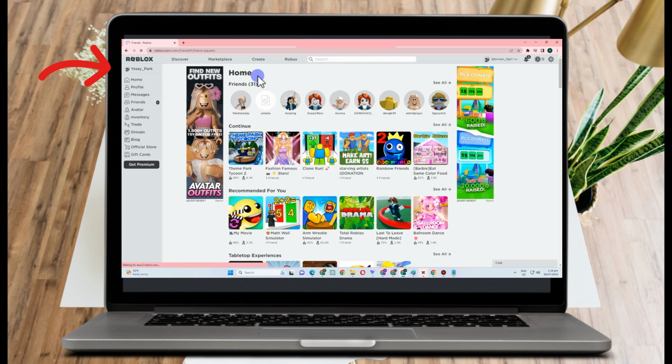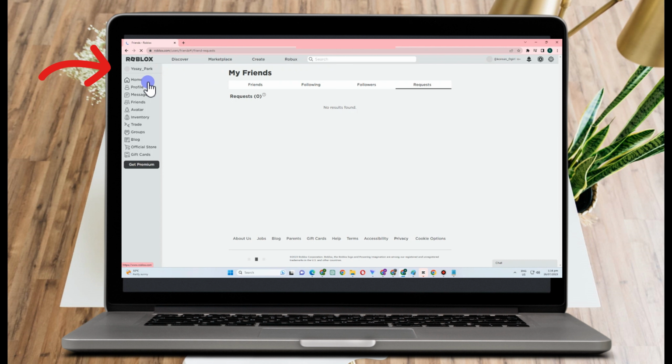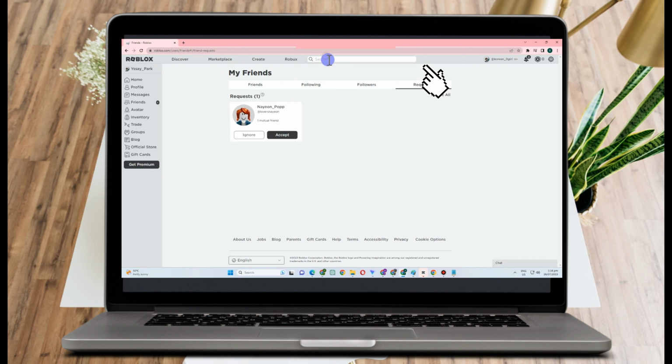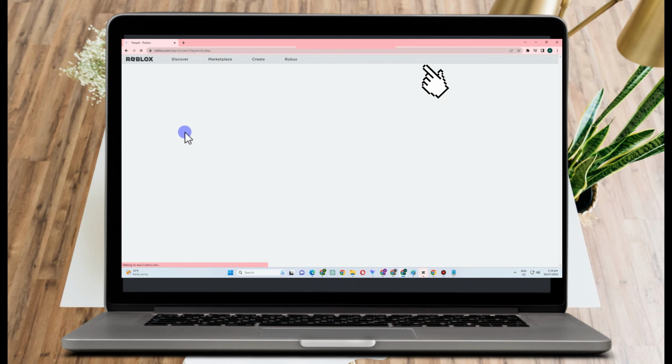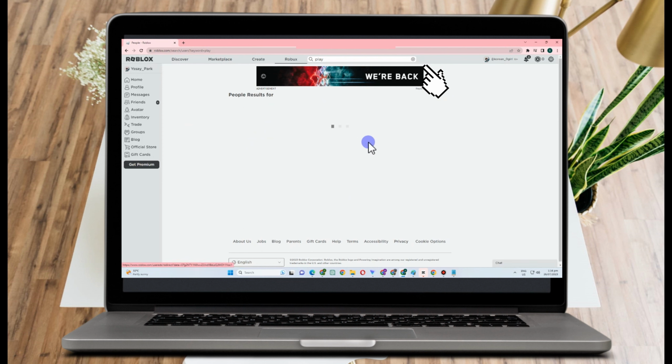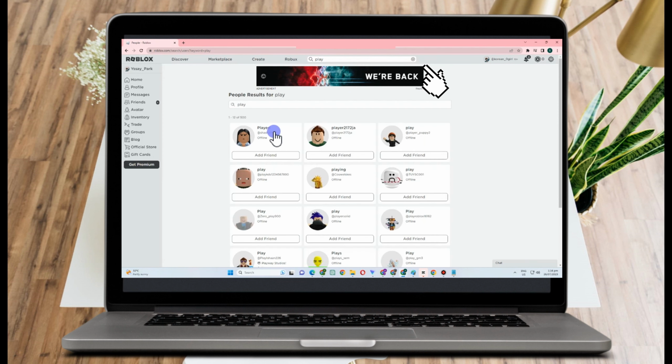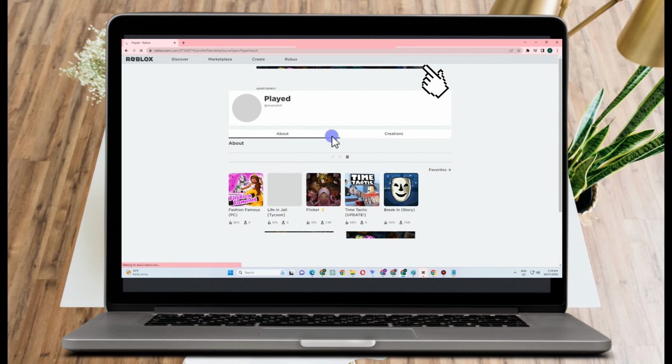So, public games are the simplest way to join someone on Roblox without being friends. Okay, you can search for a game you're interested in, and if it's open to the public, you can join without needing to send a friend request. To find public games, use the search functionality on the Roblox website or app and look for games with a